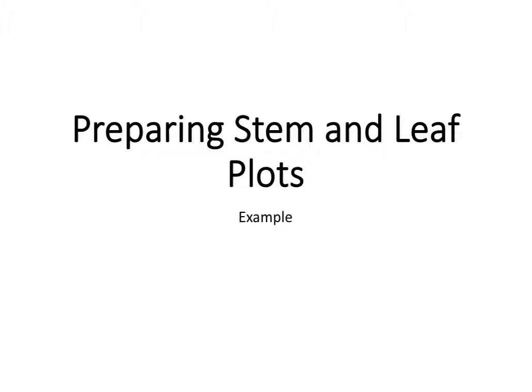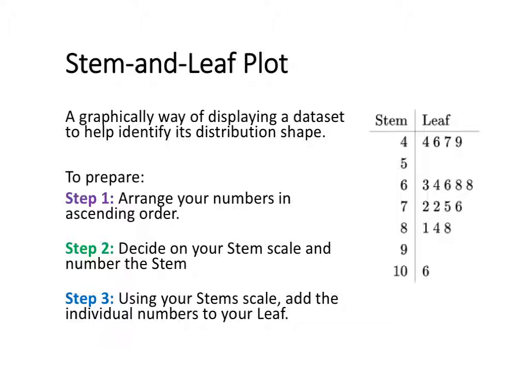In this video, we're going to have a look at how to prepare a simple stem and leaf plot. Now, a stem and leaf plot is a graphical way of displaying a data set to help identify its distribution shape. Now, to prepare a stem and leaf plot, the first step is to arrange the numbers into ascending order. The second step is to decide on your scale for your stem, and then to number the stem in your stem and leaf plot. The third step is going to be to use that scale to add in your individual